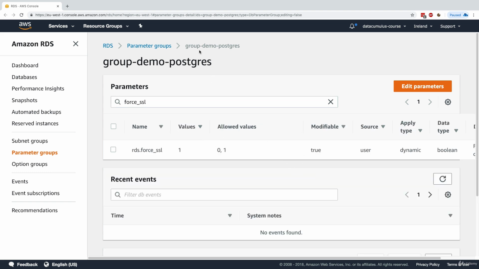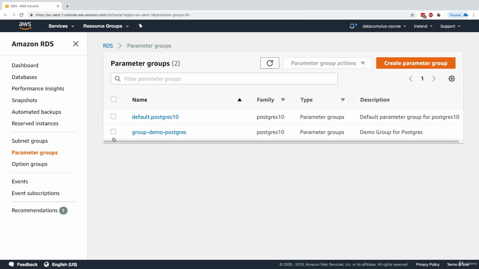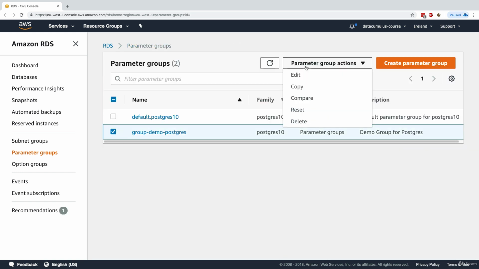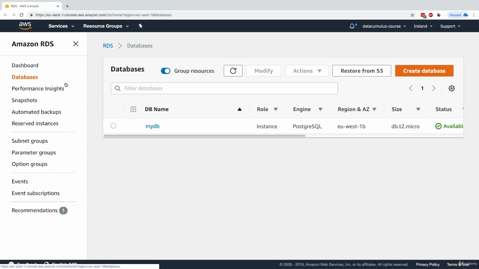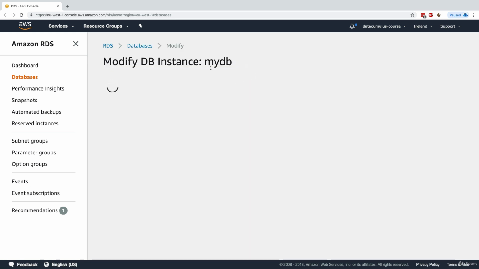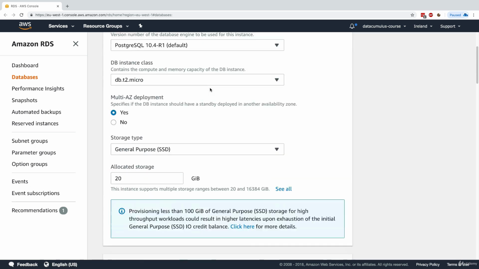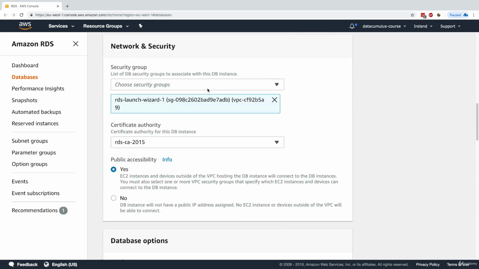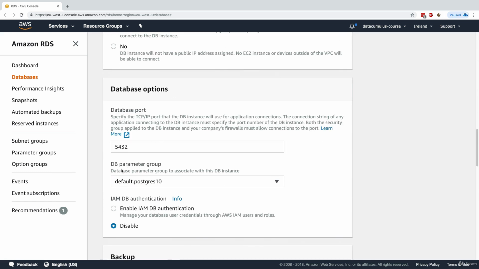So now what I can do is assign this parameter group to my Postgres database. So what I want to do is take this parameter group, which by the way, I can edit, copy, compare, reset, or delete. I want to assign it to my database. So I'll go to my database and I'll click on it and I'll modify it. And within it, I can now assign my parameter group. So let's scroll down. And in there, I will have here the DB parameter group, and I will say it's